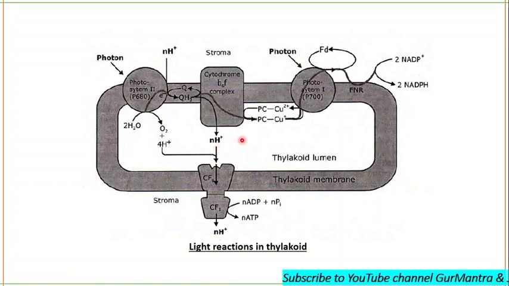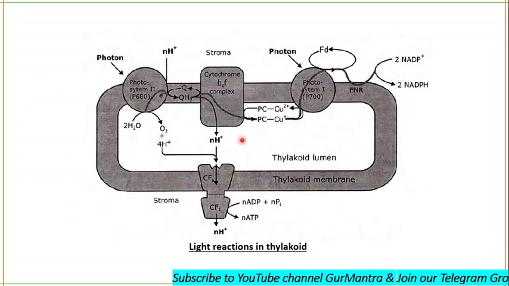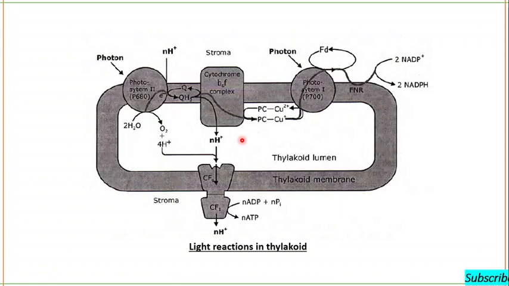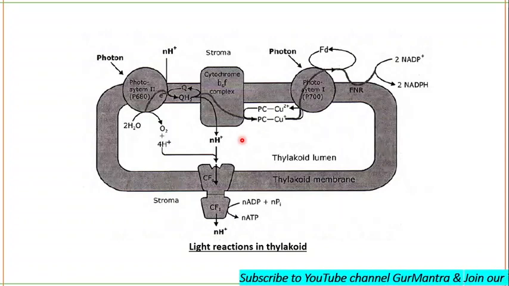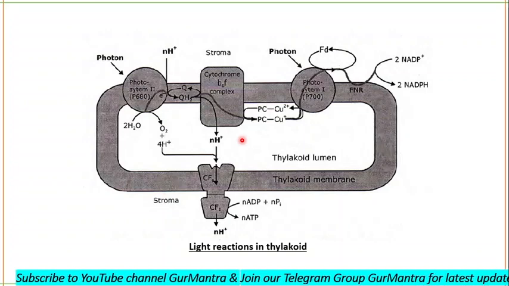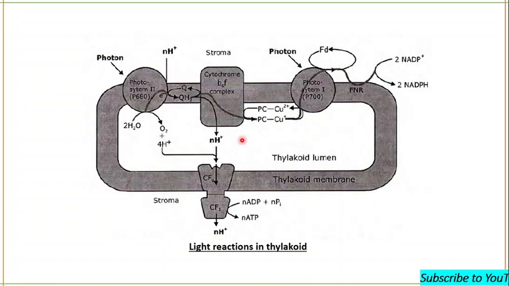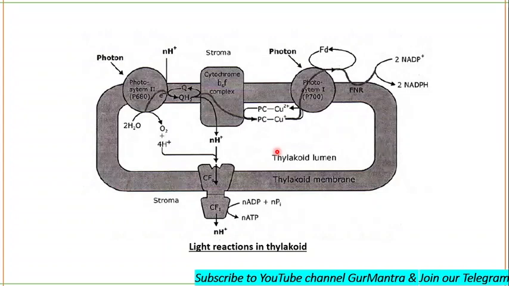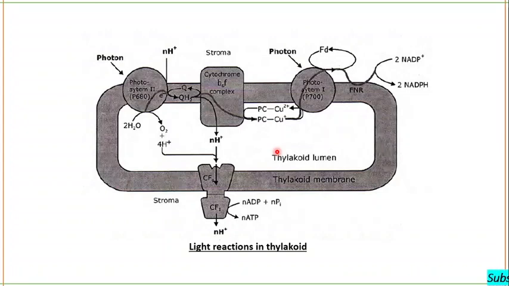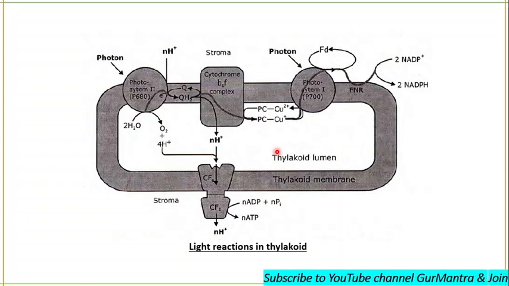In some books, you read that there is the formation of 2 ATP and 2 NADPH during non-cyclic phosphorylation. In some you read 3, and in some you also read 4. So more appropriately, I would like to say there is the formation of 3 ATP. Total 12 protons are used here. 1 hydrogen is generally used for holding the phosphate. Ultimately 3 ATP are formed.